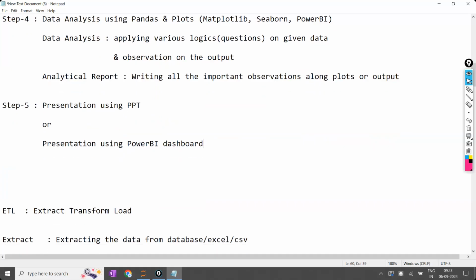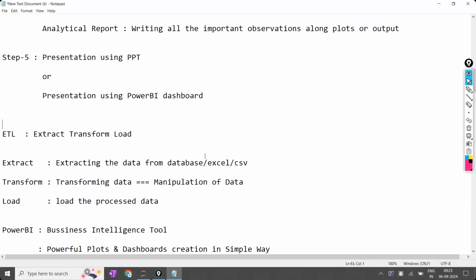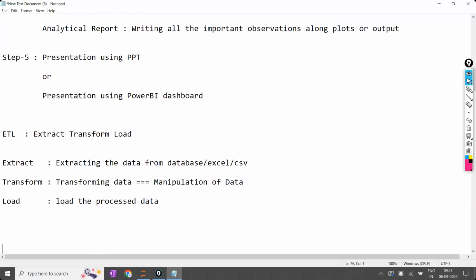So now here we are going to extract, transform and load. We are going to extract the data from the database. We are going to transform the data. Transform means nothing but manipulating the data. And finally, we are going to load the processed data. First we extract the data from the database, for which we require SQL, and for the transformation and manipulation,